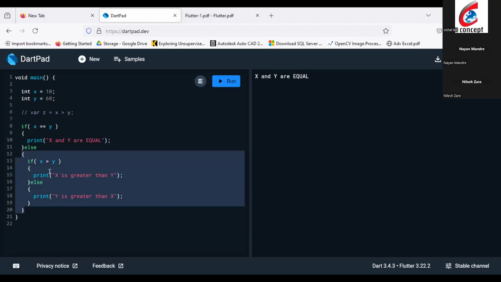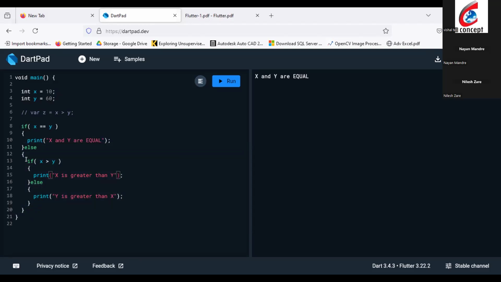So this else has one more if else. So it's checking now. If it's not equal, then either one should be greater. So now let's check x greater than y. x's value is 10, y's value 60. 10 greater than 60, it's false. So it's going inside else. It says y is greater than x. See? And if I do this one as 20 and this one as 30, it will say x is